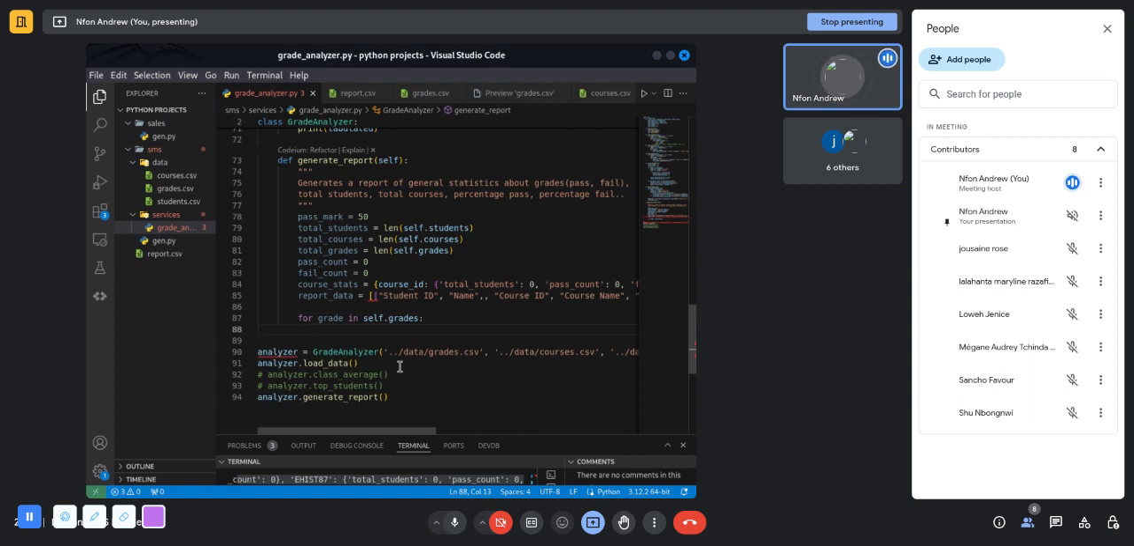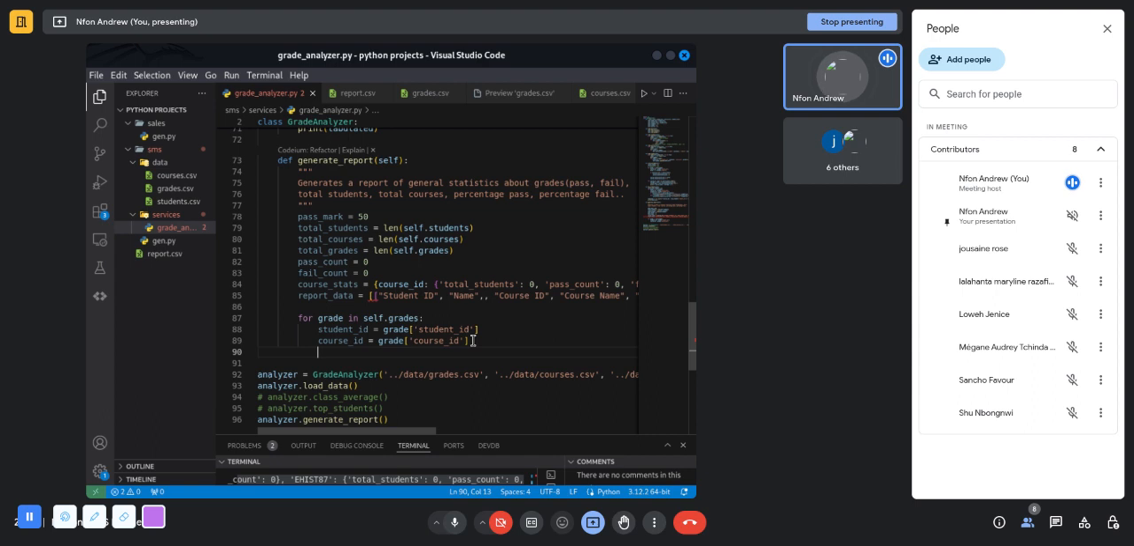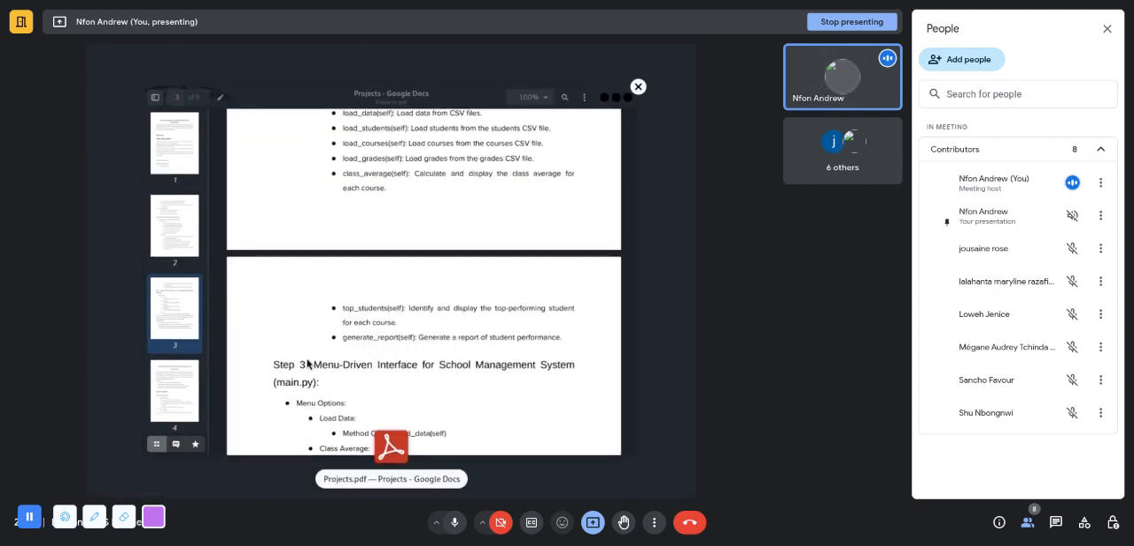Now that we have that, what do we want to do? We will extract the course ID and the student ID. So student ID is equal to that grade at the index of that student ID, and I'll also extract the course ID to be equal to grade at course ID. And then what else can we get? We can get the student name. How? We can say student, oh no,